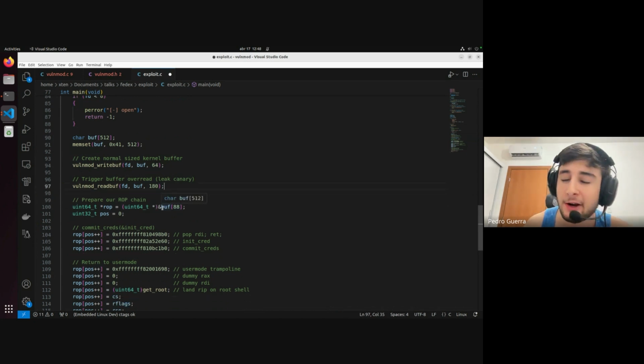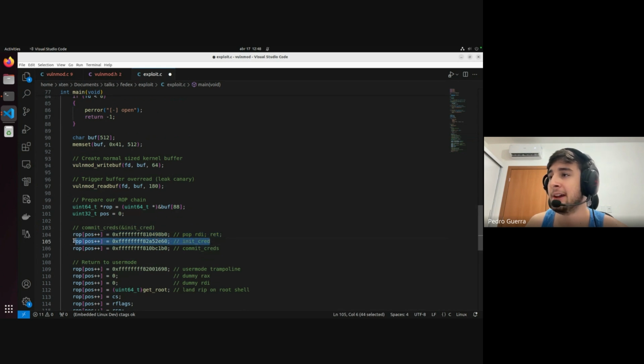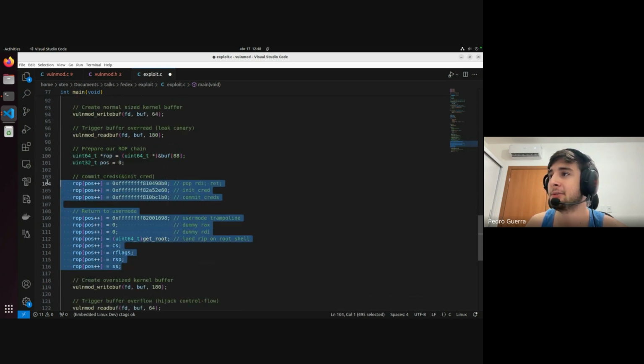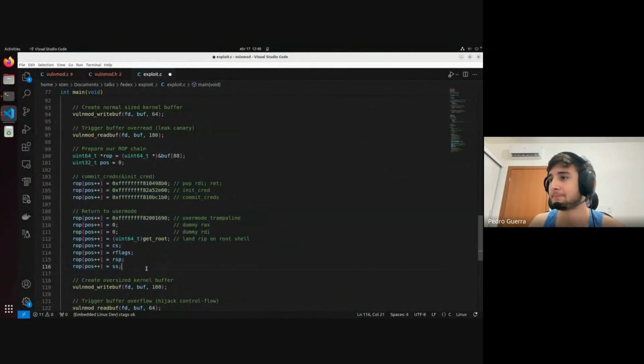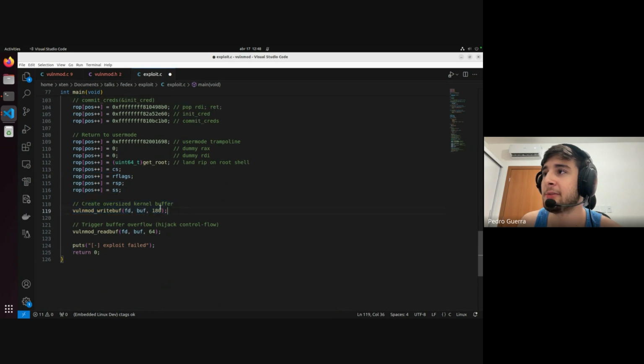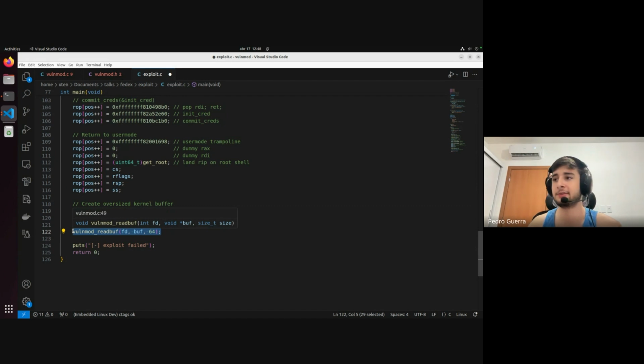And then in the offset in which the stored IP value was, we put our first gadget, which is pop RDI. And on the next offset, we add the rest of our gadgets and so on. So this is the same as we saw on the slide. And now we have crafted our payload, and we just want to write that to the kernel buffer, and then trigger read, because this is what will trigger that to be copied onto the stack and